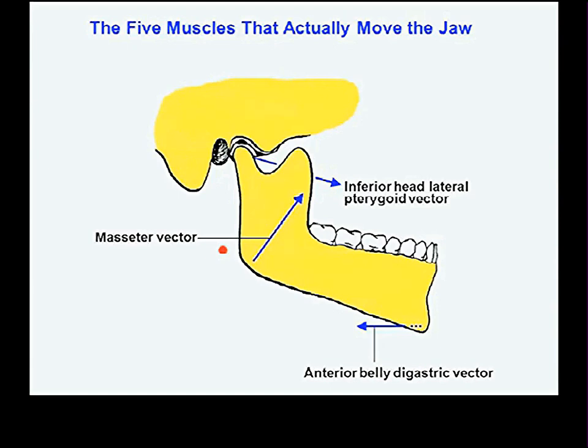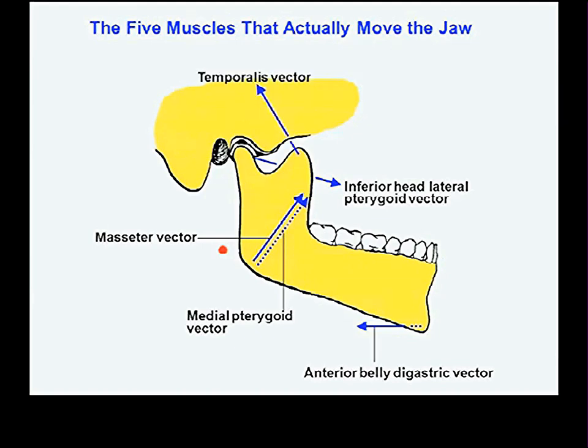The masseter has a different kind of leverage around this axis. You draw its lever arm, and it's going to cause a counterclockwise rotation as you are looking at it. So the masseter is a muscle which closes your mouth, elevates your jaw. Medial pterygoid, seen here on the deep surface of the mandible, is another muscle with almost the same vector pull as the masseter, and causes a counterclockwise rotation around this axis and elevates your jaw or closes your mouth.